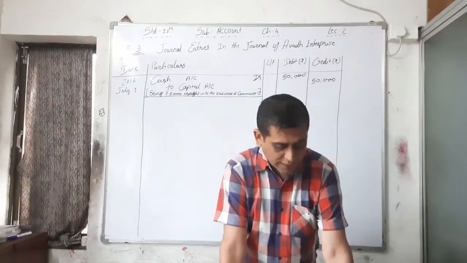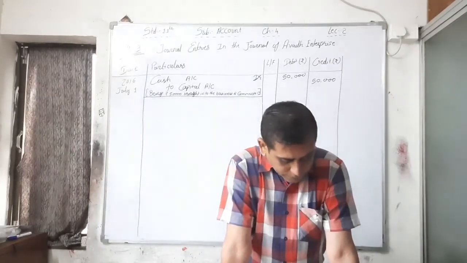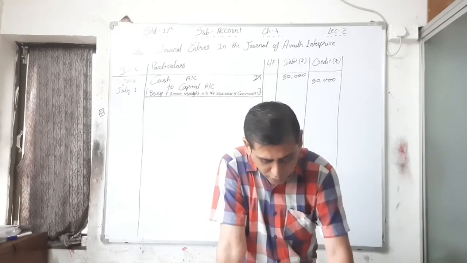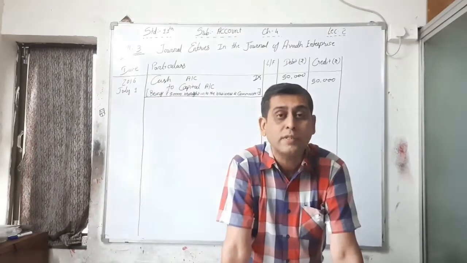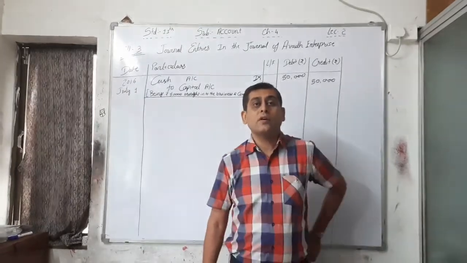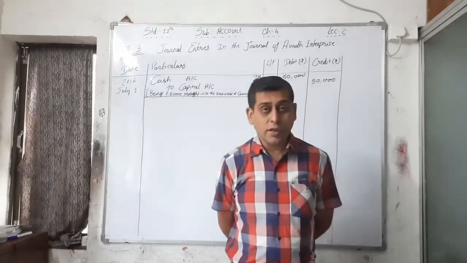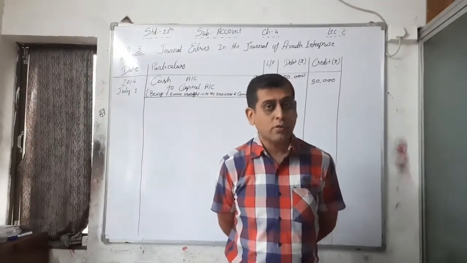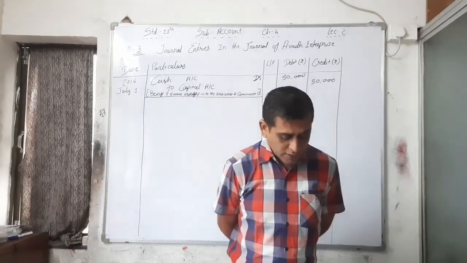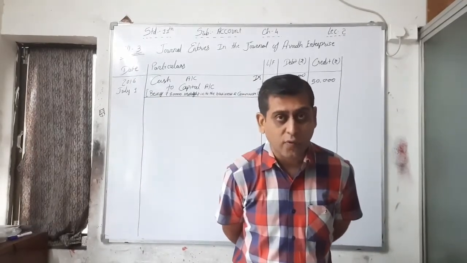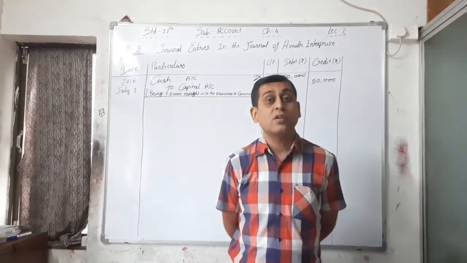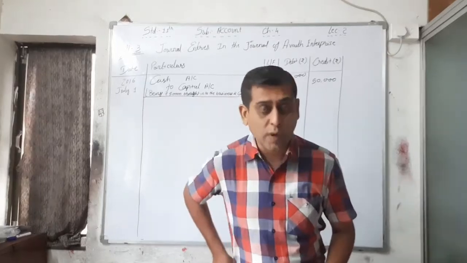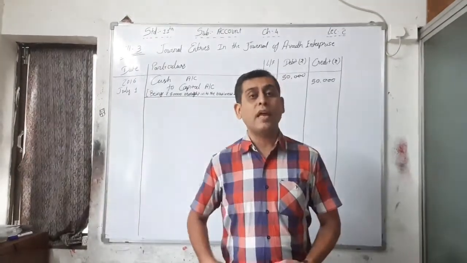Now the second one, that is 4th July: brought goods of rupees 10,000, furniture 2,000 and debtors of rupees 30,000 into the business. See, what is the next entry? Ajay brought goods of rupees 10,000, that is the goods or stock account, debit. Next, furniture, that is also an asset. That's why the furniture account is debited. And debtors are also a real asset, a current asset. That's why the debtors account will also be debited.